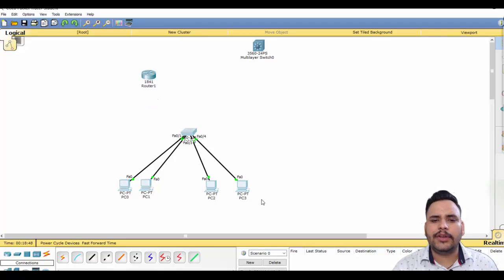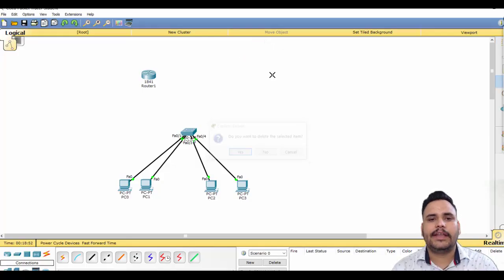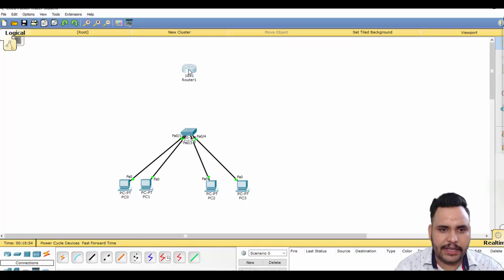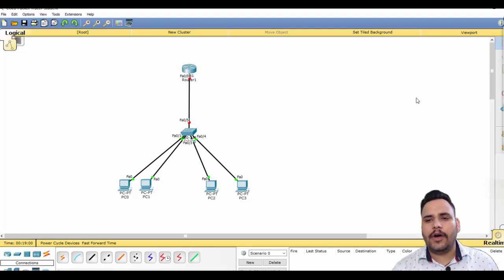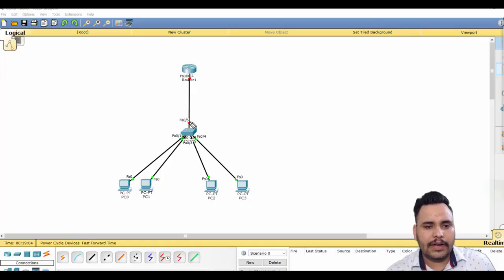In switching we are already using a switch and a multilayer switch, so in this practical I am preferring a router. I am going to connect the switch with the router. So first of all, in inter-switch connectivity, what I have to do,